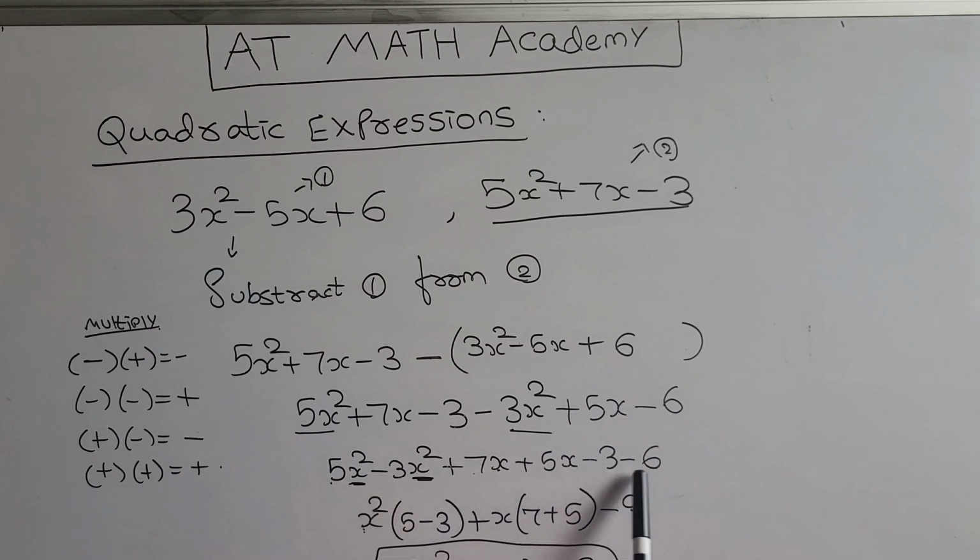So when you apply this to the entire equation, I'm again taking the common value, which is x squared, from here. So I'll be getting 5 minus 3, and for x I'm getting plus 7 plus 5, which is 7 plus 5, and for the constants, I have minus 3 and minus 6, so minus 9. So 5 minus 3 is 2, 2x squared plus 12x minus